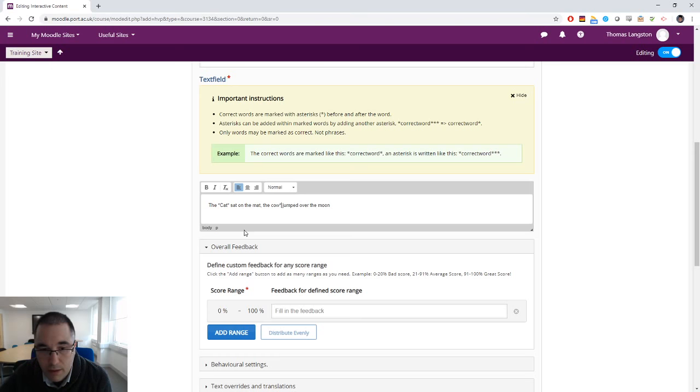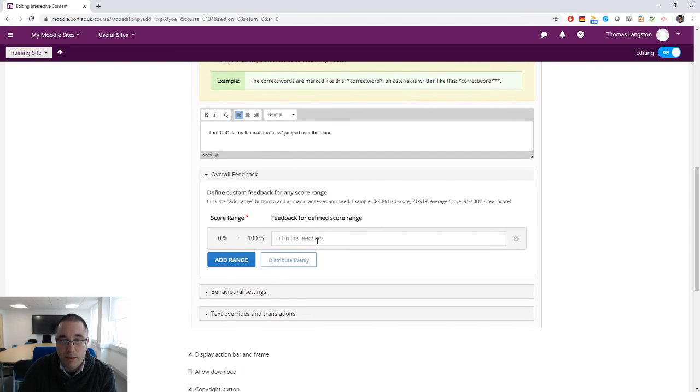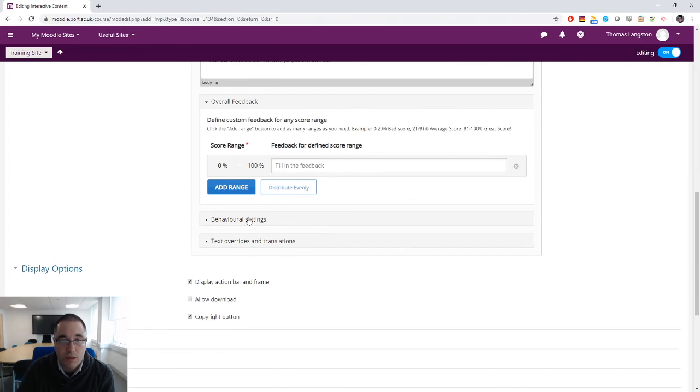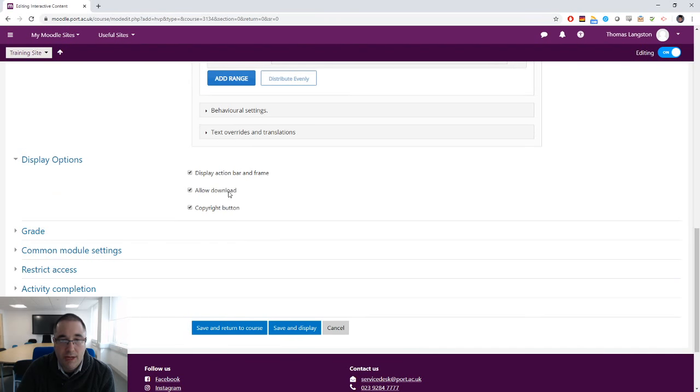So again at the end and at the beginning. I can add a score range if I wish. You can allow people to download this, and if you allow the download, you'd then be able to download it and upload it into another H5P environment. If I leave the display action bar and frame on, I'll then be able to get to the embed code as well. So if I save and display this,